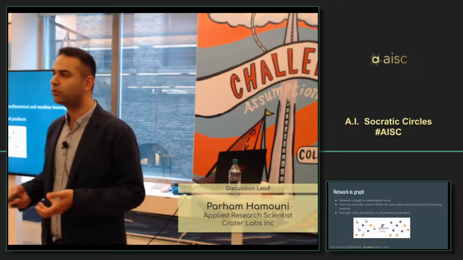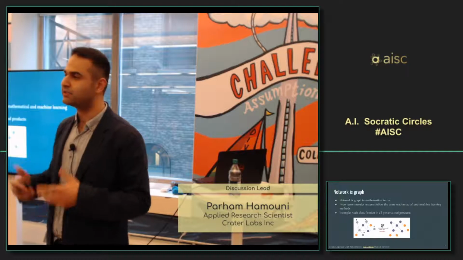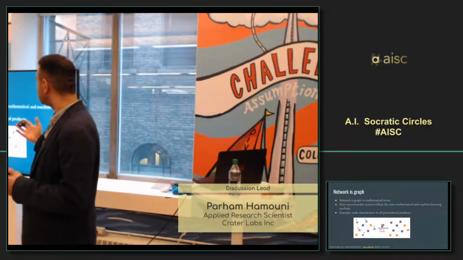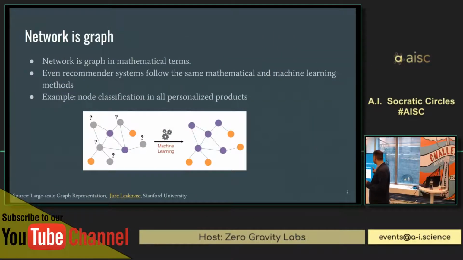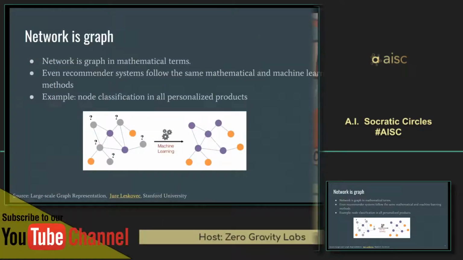So what we mean by networks, if you want to put it more mathematically, is essentially graphs. Even recommender systems, which you're most familiar with, are essentially connected together, because in the recommender,